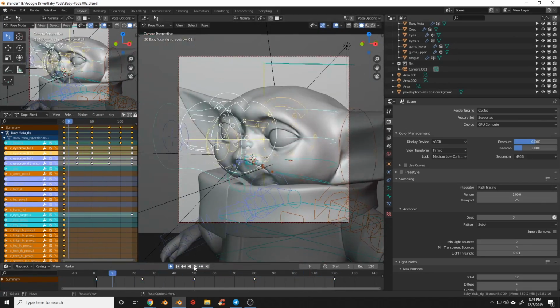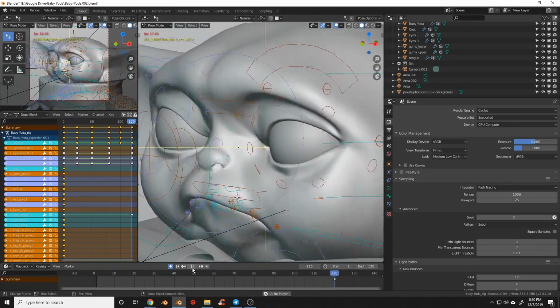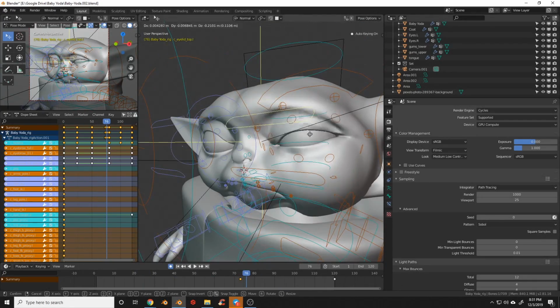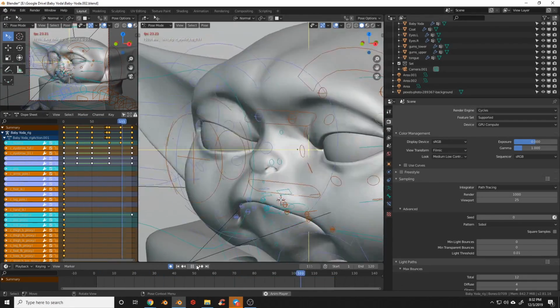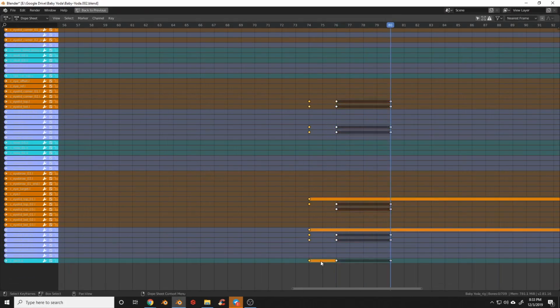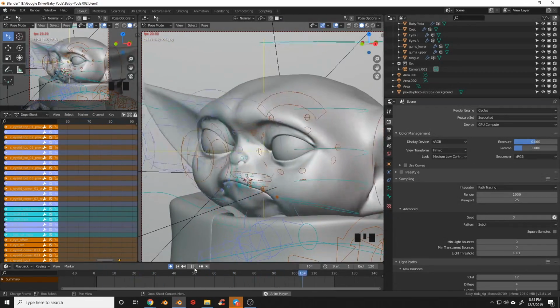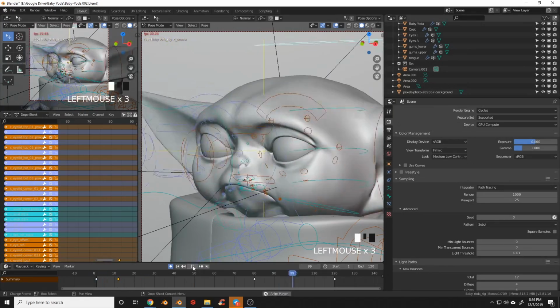So we'll start with the full head, then we'll move down to the smaller facial features. And notice that as the eye blinks, I'm adjusting the surrounding facial features to compensate for the movement. This entire face moves when you move one part. Animating all these different pieces will add some life to the character.